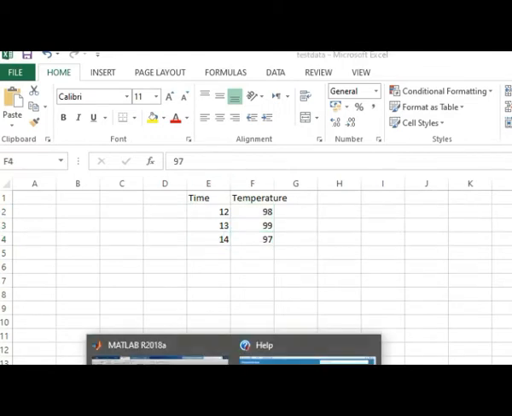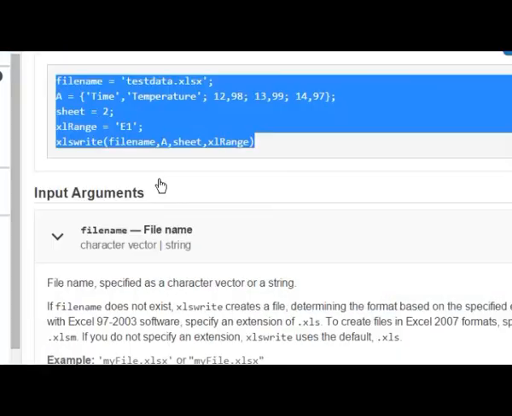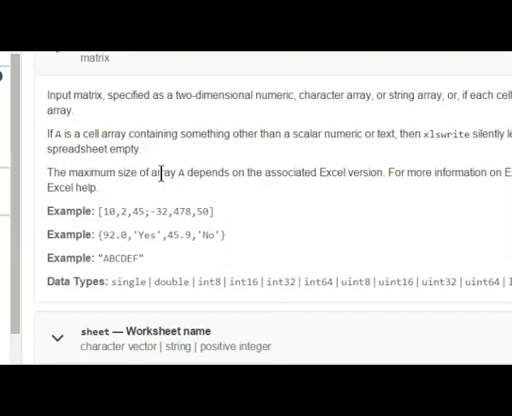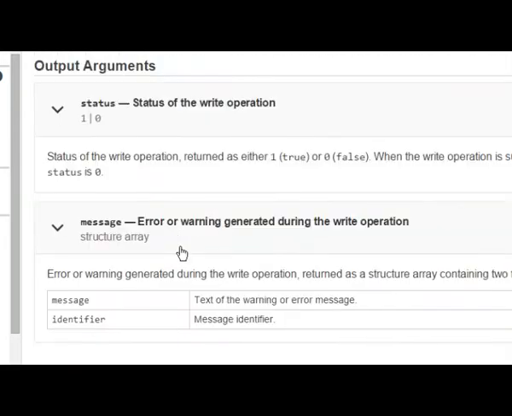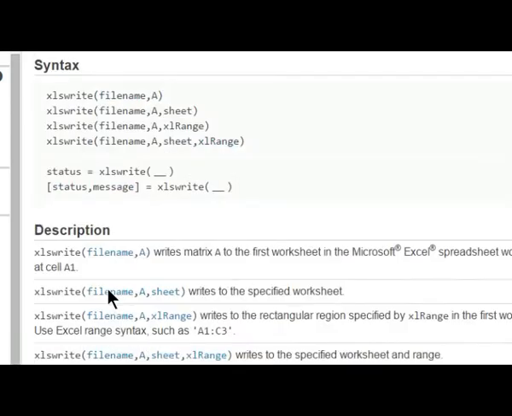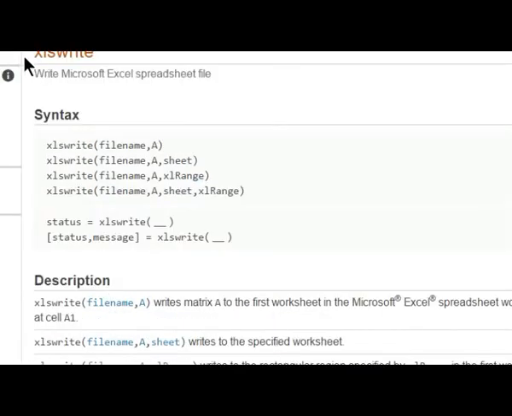In this way, this is the most simple function with which you can write any data to the Excel sheet. If you need any help, just type doc xlswrite in the MATLAB command window. You will get details of this function.